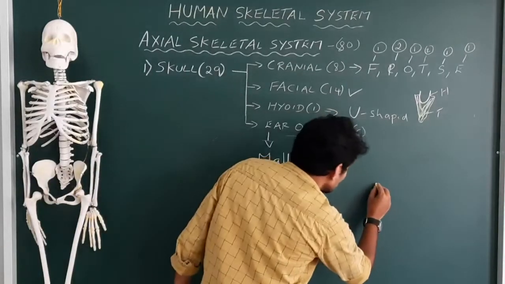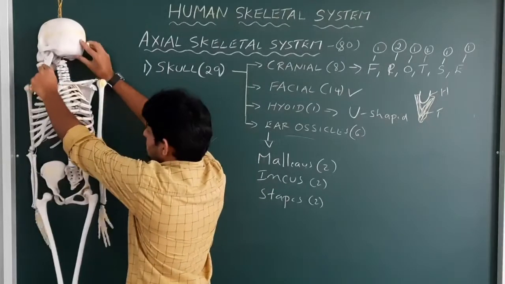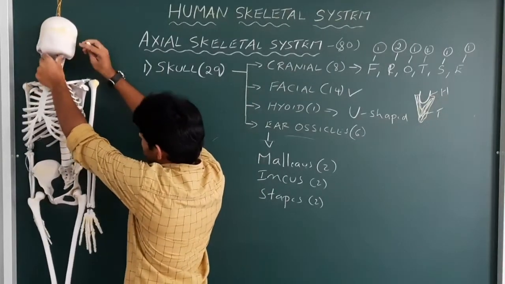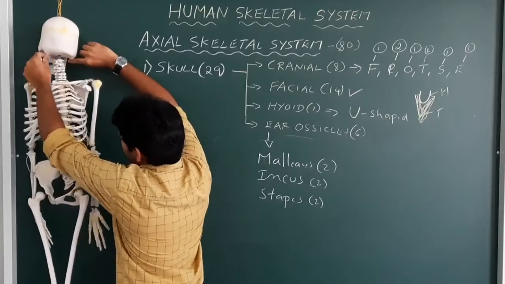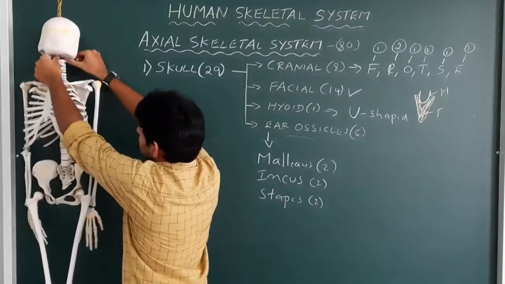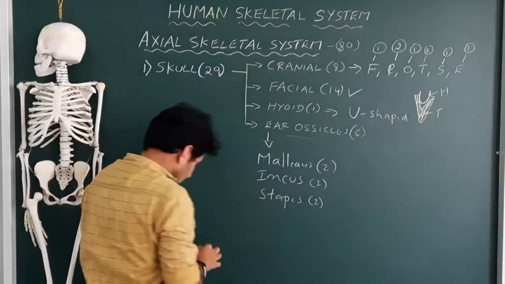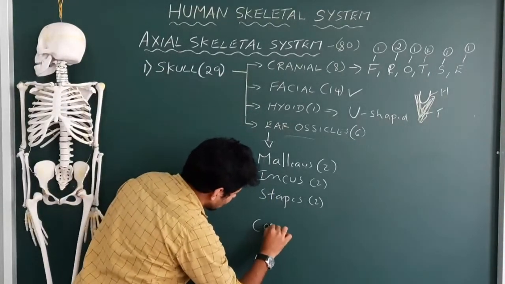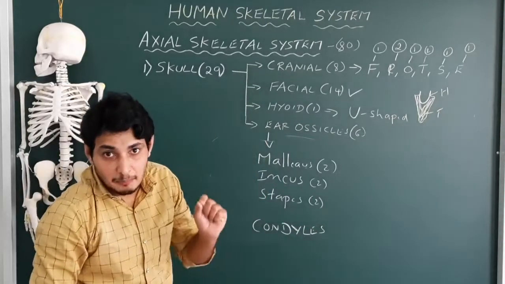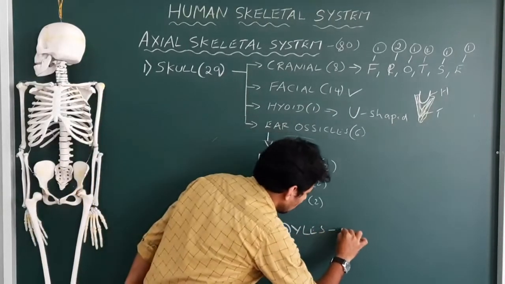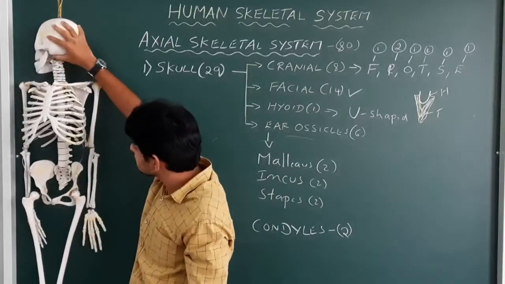If you just see this portion, the lower portion of this skull. Okay, so this is not the original skull, but still you could see this portion here. The base of this skull has a small projected structure here. Okay, so like this here, projected structure. This projected structure is actually called condyles. Okay, how many are there? A pair of condyles are there. Okay, so 2 condyles are there. A projected structure which arises at the base of this skull here.